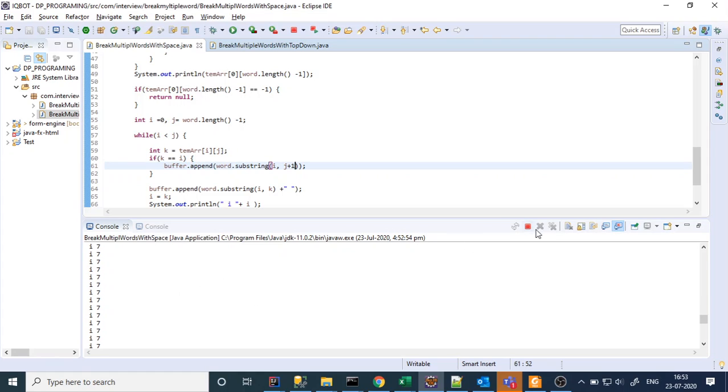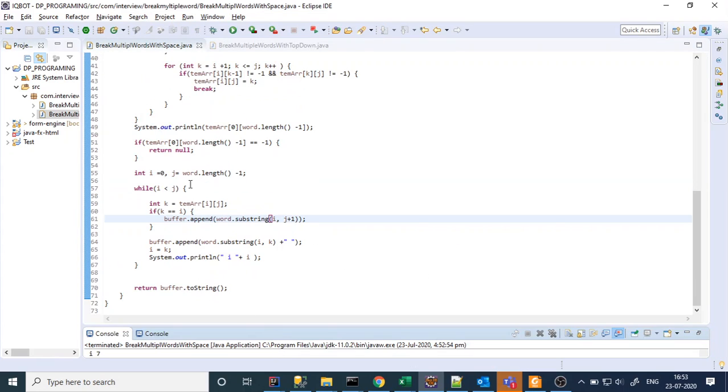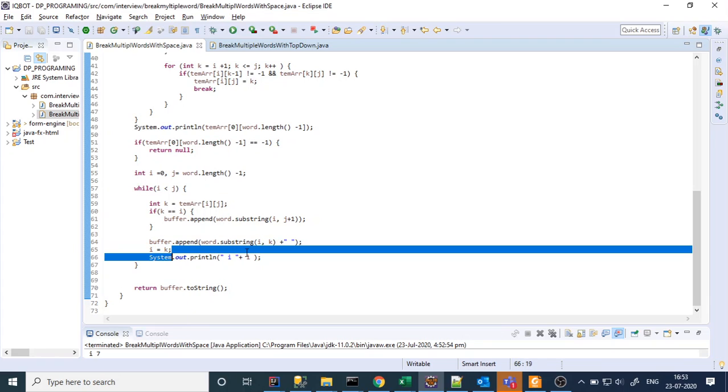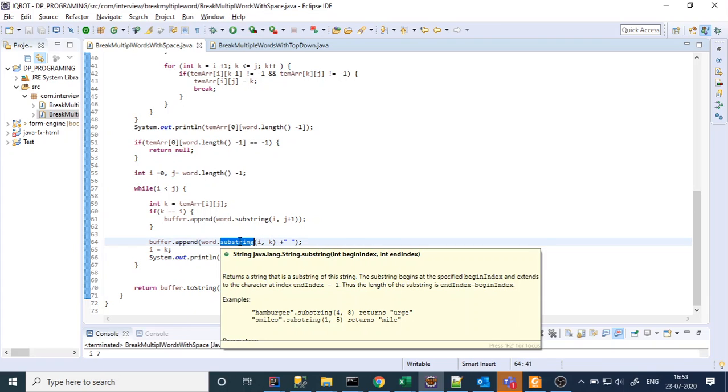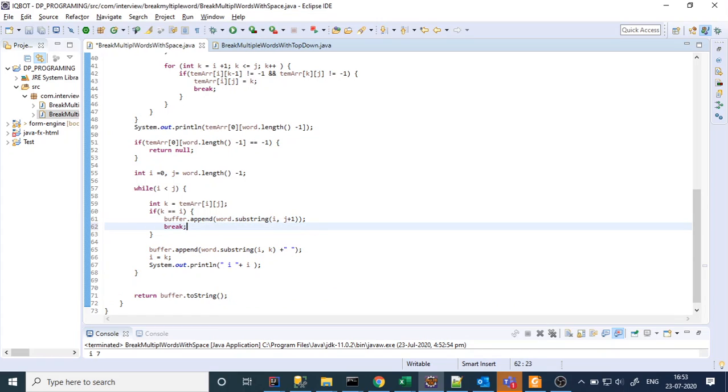While it is going in an infinite loop, while, buffer.append, was.substring, and, okay, sorry, this is the breaking condition which I forgot, right?